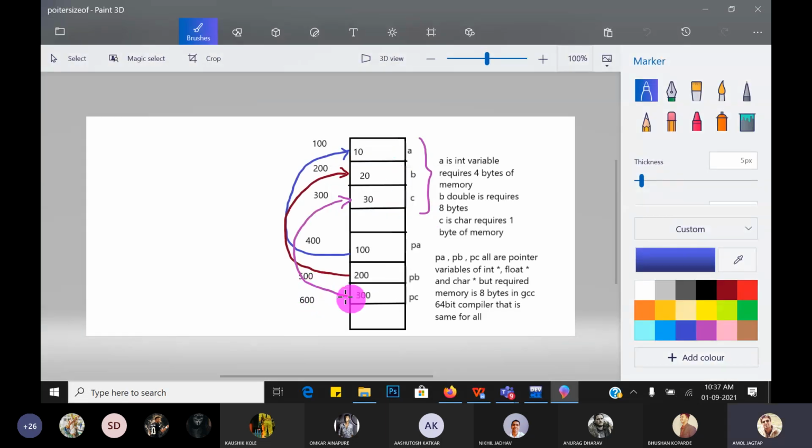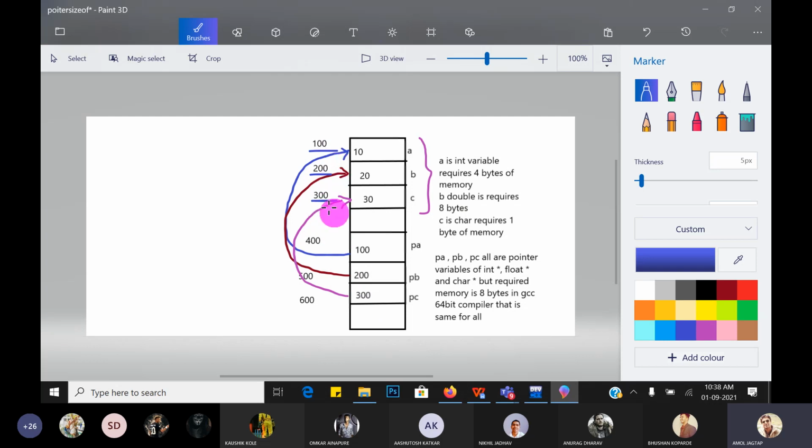Great. So this is your RAM. Suppose these are the locations A, B, C. These are the value variables. So guys, in your C language, there are two types of variables. One is the value variable, which stores actual values. Yes, A, B, C are value variables. And another type is the pointer variable. So what does a pointer variable store? It stores the address. Suppose this is the base address 100, this is the address 200 for this location, and this is the base address 300, for example.